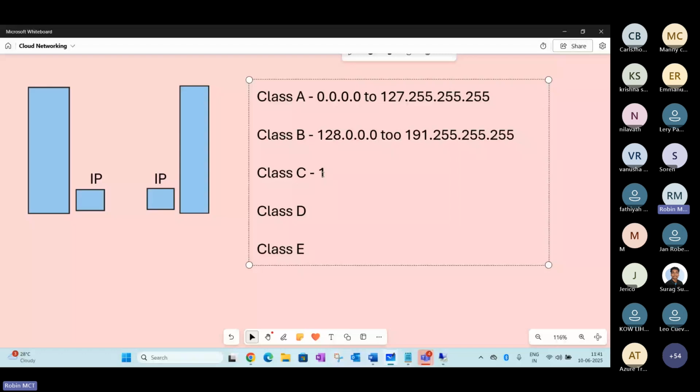192.0.0.0 to 223.255.255.255, and class D comes like 224.0.0.0 to 239.255.255.255.